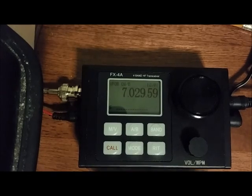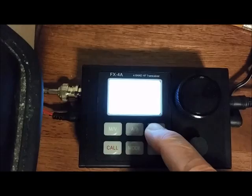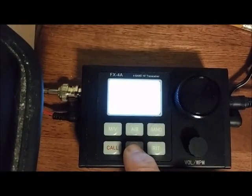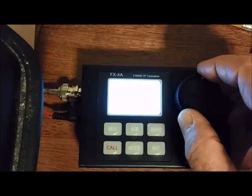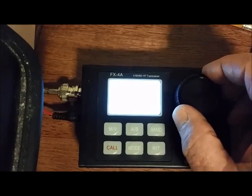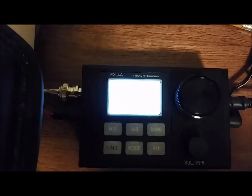Okay, I'm going to take it into the menu, and I will immediately go and turn the backlight to stay on. Otherwise we won't be able to see it. It's set for 1 second now. You can set it from 1 to 9 seconds for delay. I'm going to set it to always open so that we can be able to look at it and see